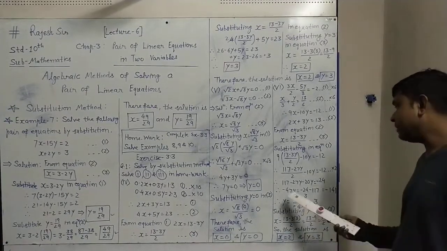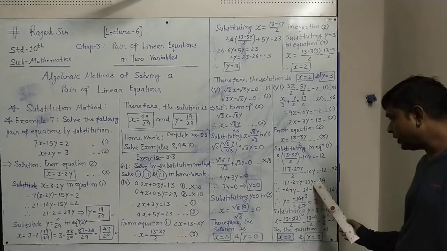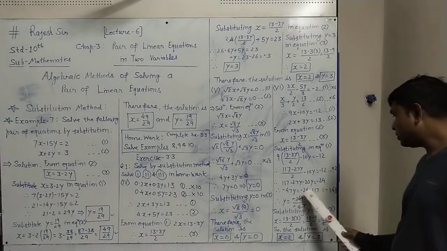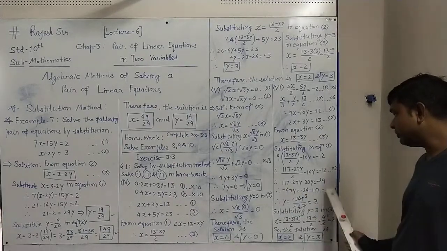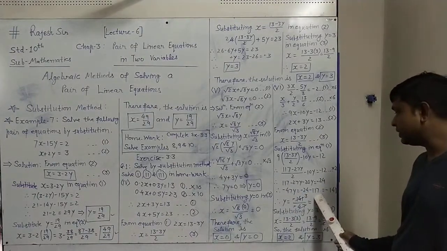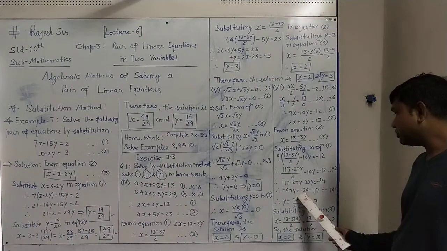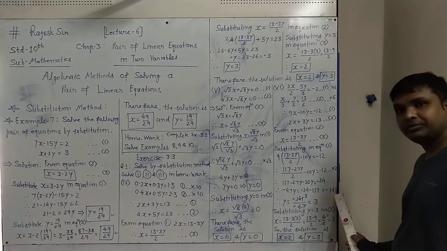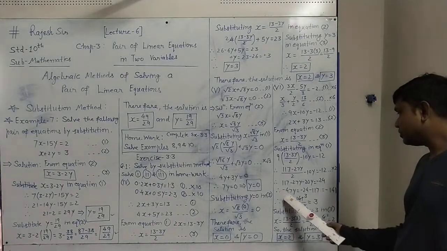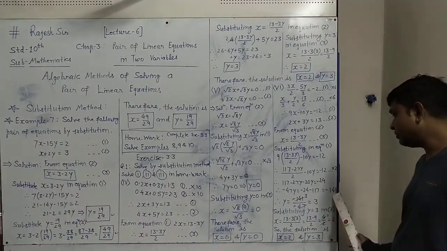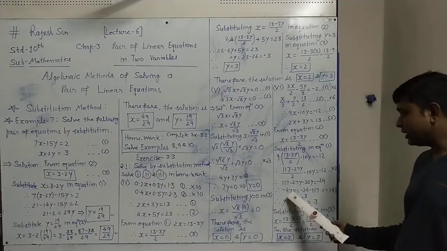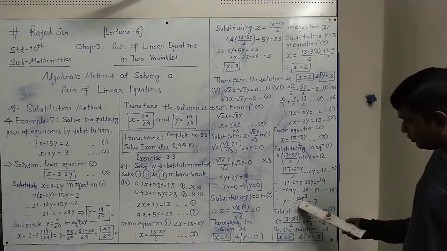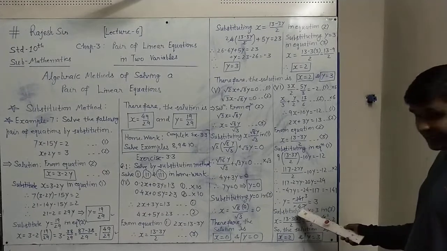Now the like terms are minus 27y and minus 20y, which give minus 47y. Here, minus 24 and 117, if you take them on the right, it will be minus 117 and minus 24, the total of these two will be minus 141. This is minus 47y equals minus 141. So y equals, you have to take minus 47 in the denominator, so this is minus 141 upon minus 47.